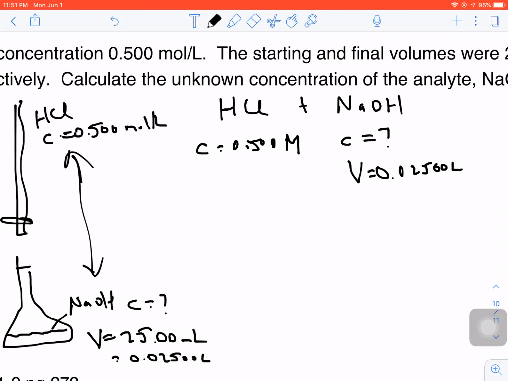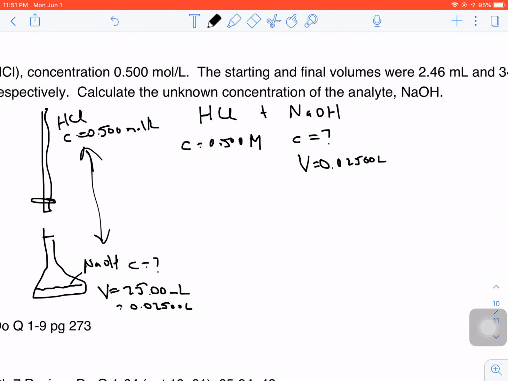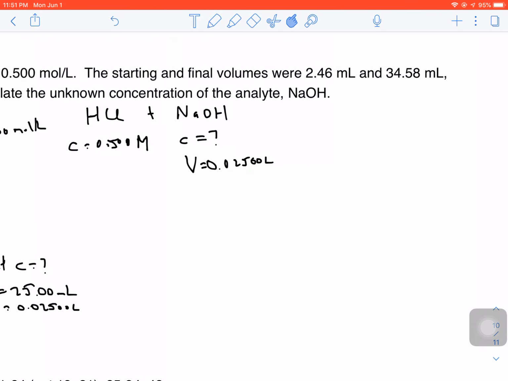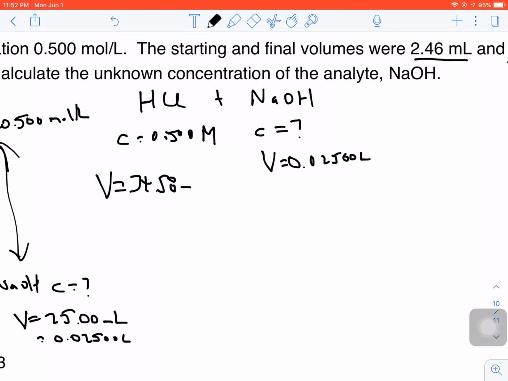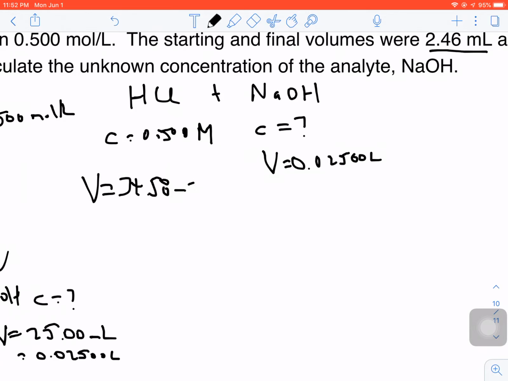If I look at the data from the lab, it says the starting volume and the final volume on the burette were 2.46 milliliters and 34.58 milliliters. So I started at 2.46 and I finished here. To find my volume of hydrochloric acid, it's going to be final volume minus initial volume: 34.58 minus 2.46,